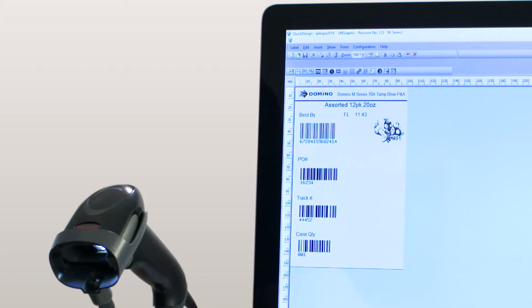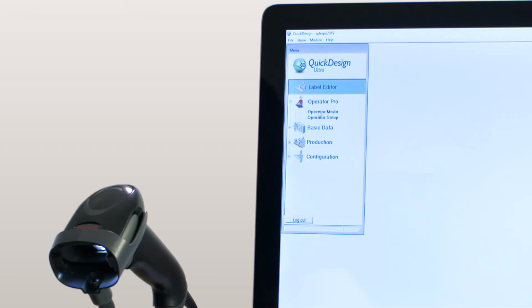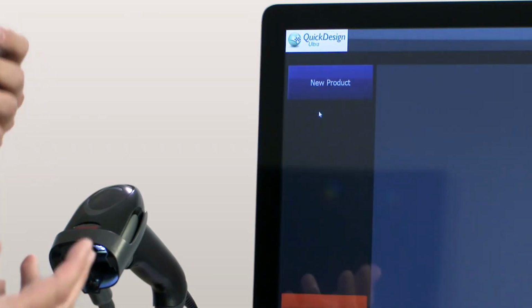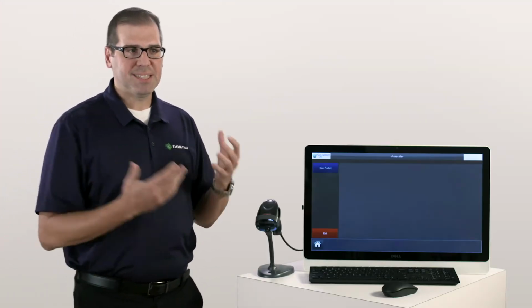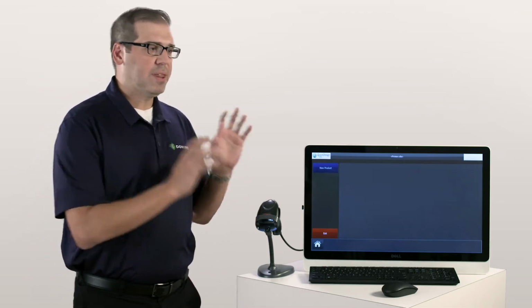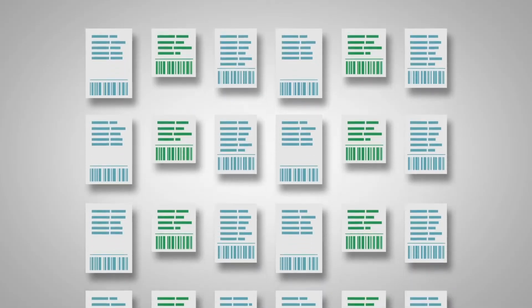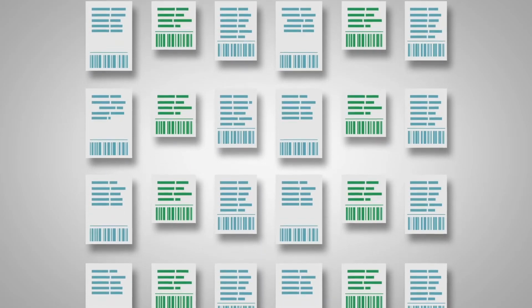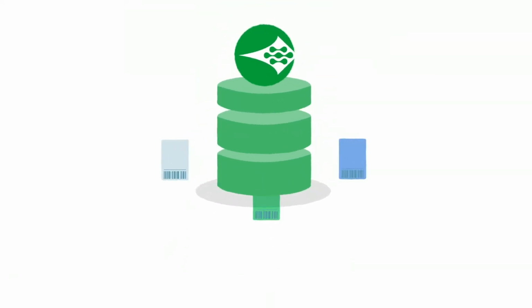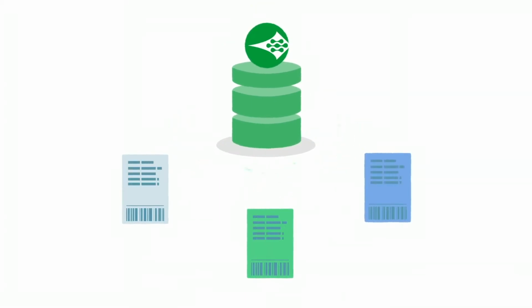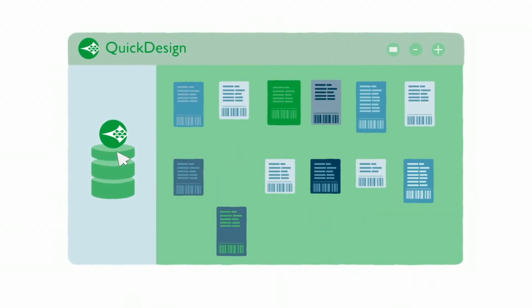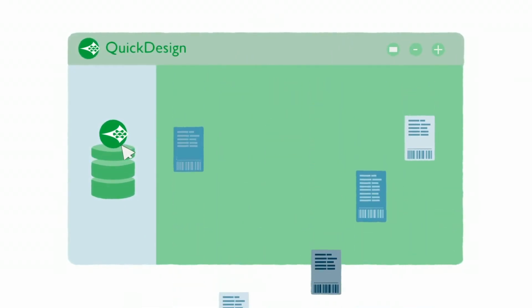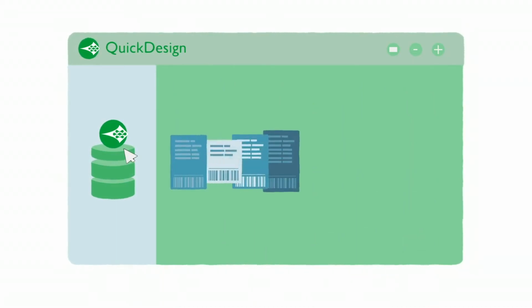If I go away from this designer, one other option we have here is our simple operator mode, which is a simple operator user interface that allows people to select and send the message simply without having to do any modifications. A lot of manufacturing customers have maybe hundreds or thousands of different labels. With the QuickDesign, we have the data link option here that allows you to, instead of having 1,000 labels, connect to an external database. And this would allow you now to have, say, a handful of templates, which then is